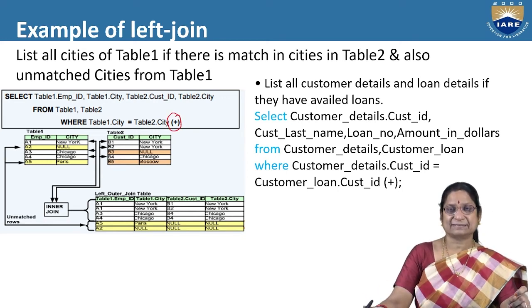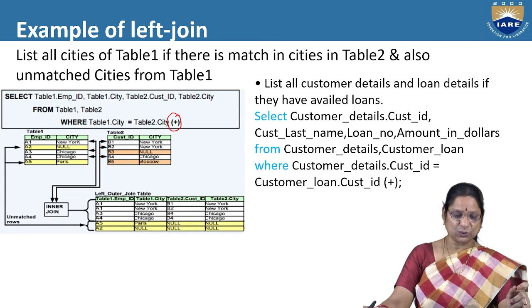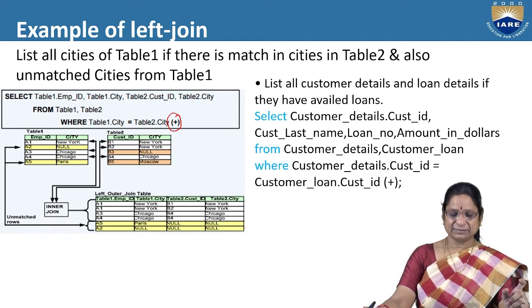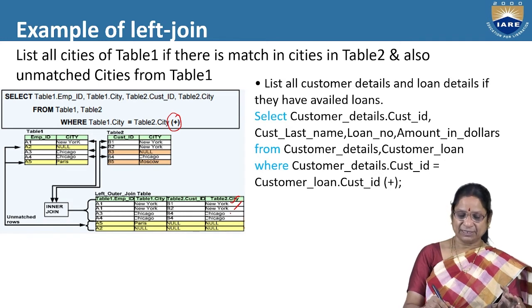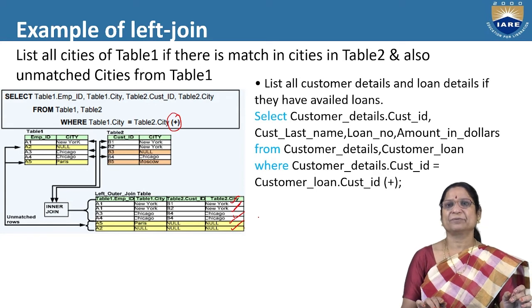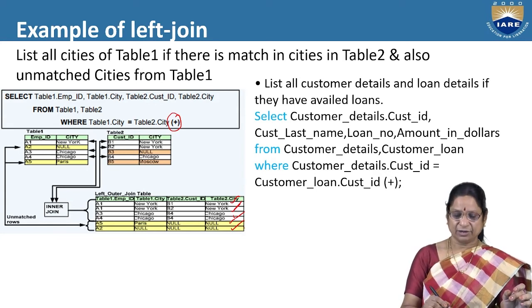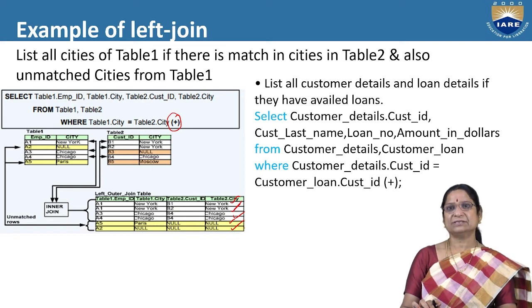So that's why plus. Now you observe here A1, A2, A3, A4 etc. are there. New York, null, Chicago, Paris are there, and table 2 is also there. While comparing New York, it compares the two tables, you observe here. Second, null, no comparison, but it will be displayed with a null value. Two nulls are going to be displayed. Then Chicago has one mapping, and the second Chicago also has one mapping. And Paris, there is no mapping. So 4 mapped records are there and 2 null records are there, cities which don't have any match also.